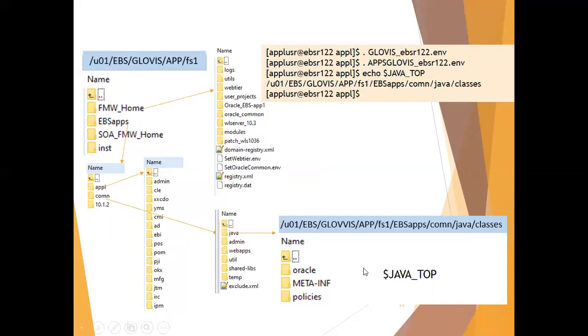So deployment of Java, deployment of OAF in 12.2 is a little bit different. Of course the compilation is the same. The only thing is you just need to generate a ZIP, and the stopping and starting of a WebLogic server is a little bit different. So generally the DBA provides the shell scripts to stop and start those servers. Okay.